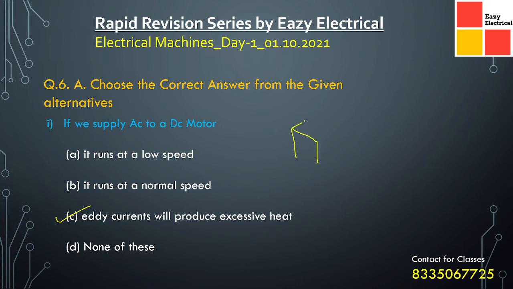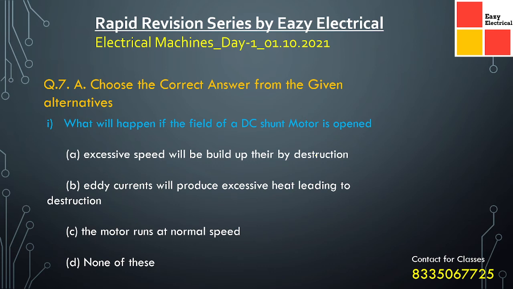Because what are eddy currents? Suppose this is a cross section of the material. In this cross section a rotating current is produced. That is neither part of the coil; this is basically part of your structure, meaning your stator, or wherever we are using magnetic materials. In that case we generally find these eddy currents, and they will ultimately produce a huge amount of heat, causing destruction.